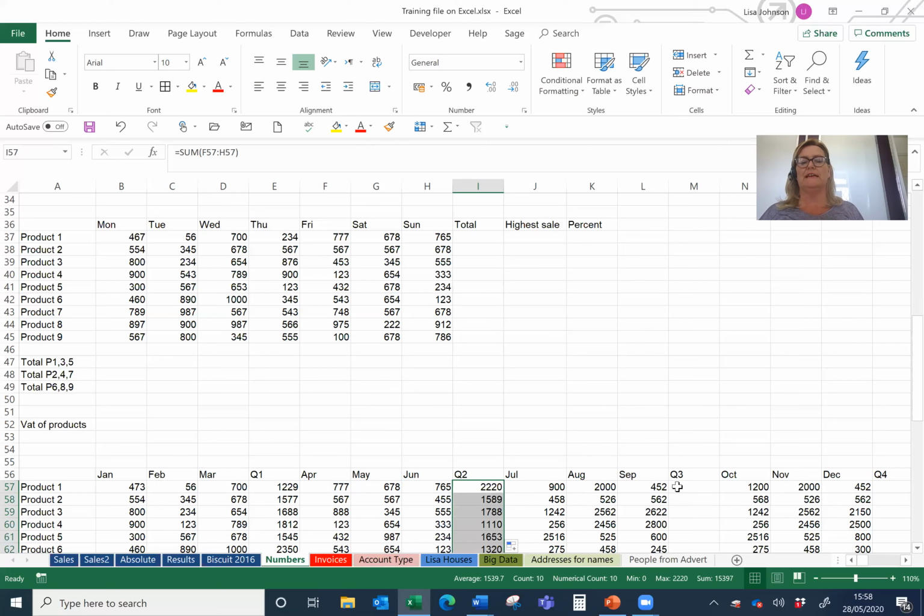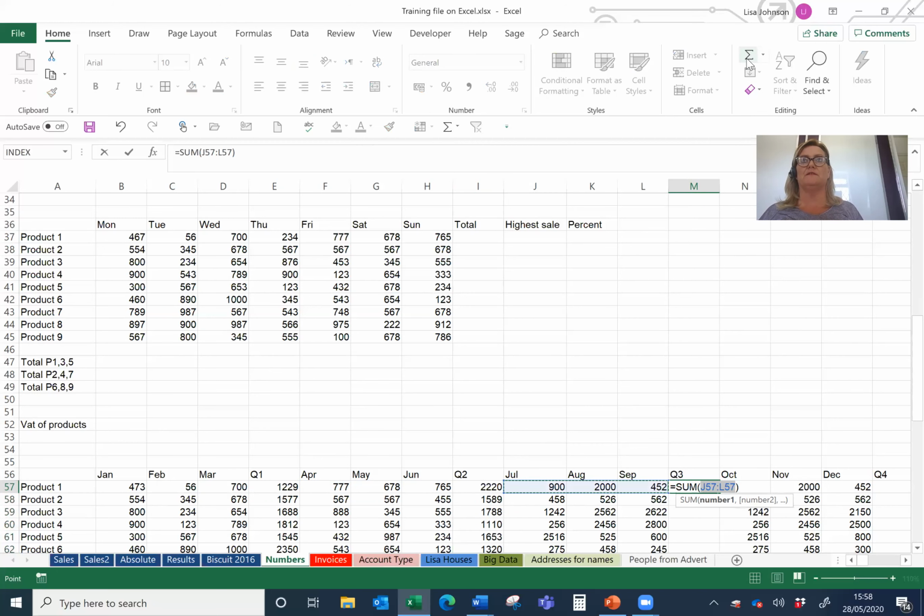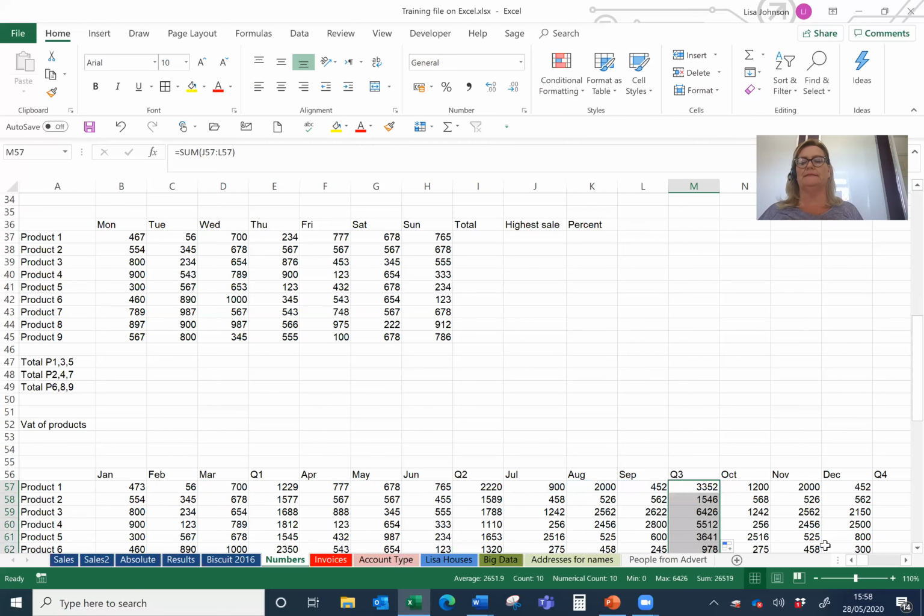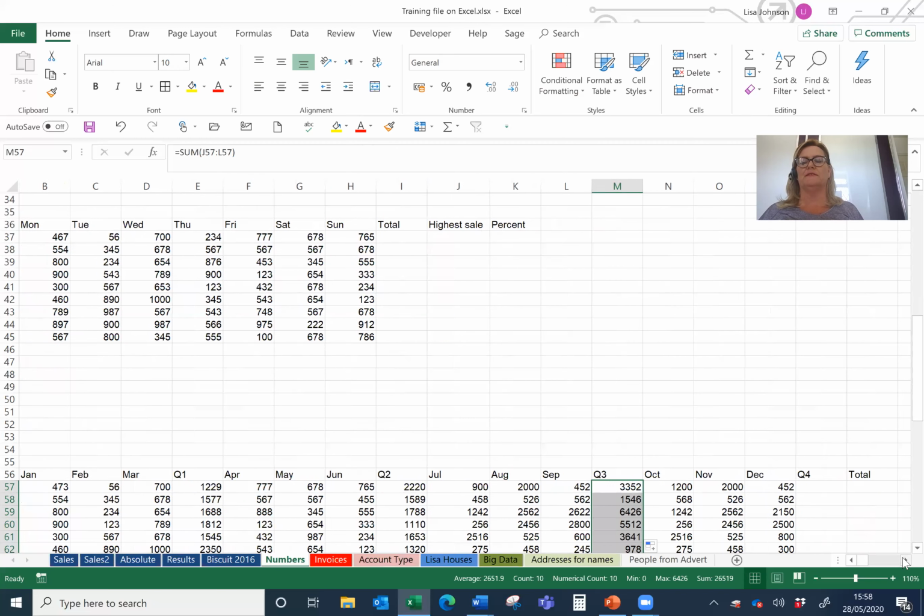Double click to get it down. Okay, quarter 3, same thing. It's going to do just what we want. Double click. Come across here, quarter 4, again, what we want. And finally,